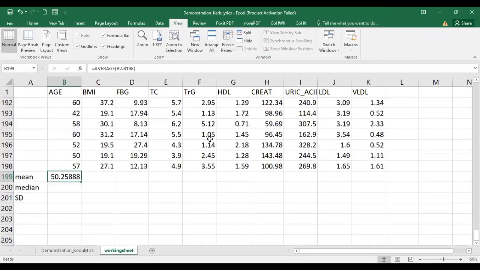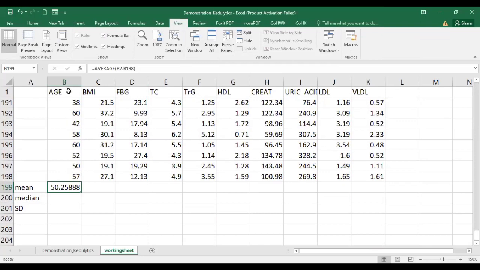So we'll scroll down and then, realize that in describing this, we can say that the average age of this set of people, which is about 197, is 50.25 years or 50 years. And if we want to calculate the average or the mean for the various parameters, i.e. BMI, FBG, fasting blood glucose, TG, which is total cholesterol and all that. I don't want to bother all of us with the technical names, but